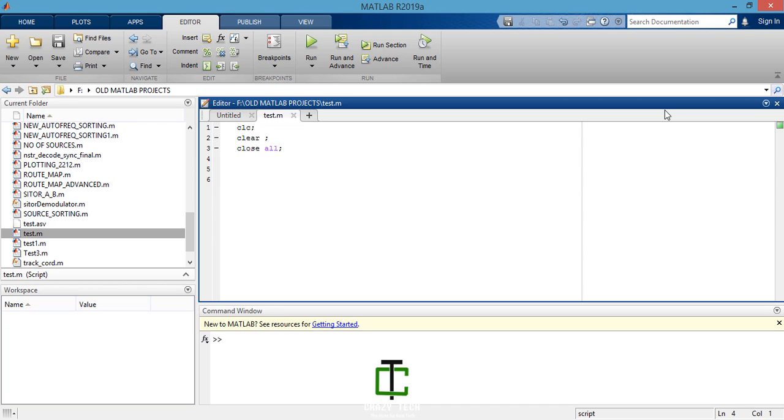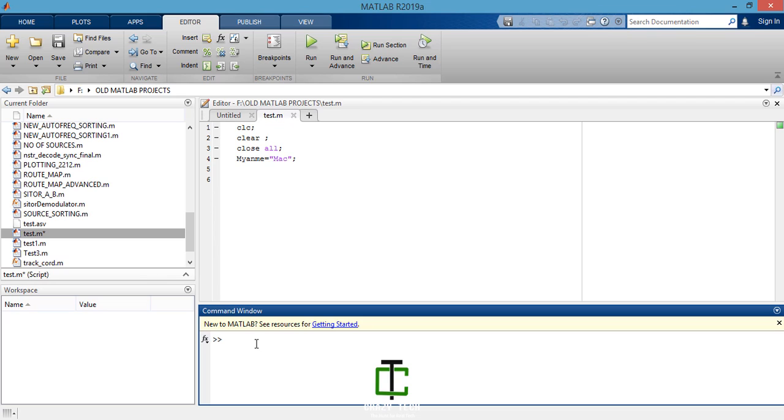Let's say I want to use a variable, just like my name. What is my name? Let's say it's Mac. What I suggest, guys, is to always begin it with a capital letter. Why? Because all the functions in MATLAB are written in small letters.